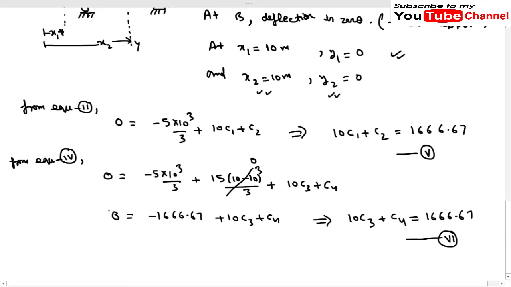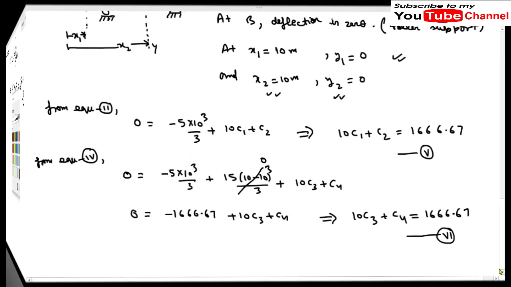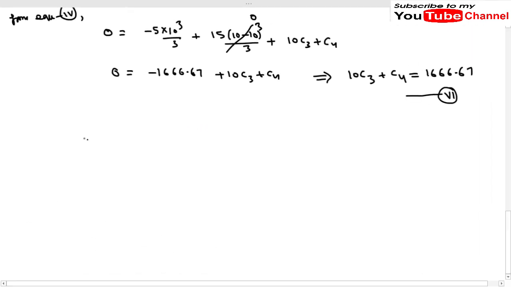Okay, now we have got two equations. So these were the two boundary conditions. Now what are the other boundary conditions which we will be using? Now we will draw the figure again. So this is our pin support, and here we have a roller support. Okay, and this is our free end. Now in this problem, the load is acting here like this, 10 kilonewton. So the beam will deflect something like this. This will be the deflected shape of the beam.